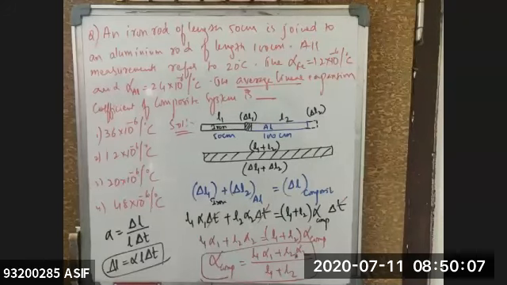Now you know everything. Length L1 is given as how much? 50 centimeters. Alpha is given in terms of 12. Now simplify that and get me the answer. See how much I am getting. Which option is matching? You see.